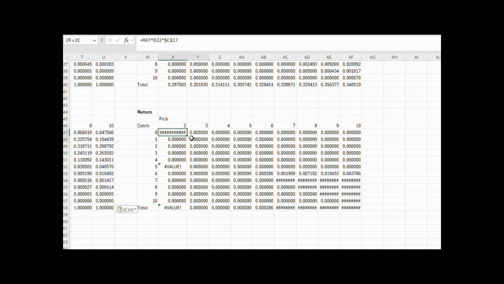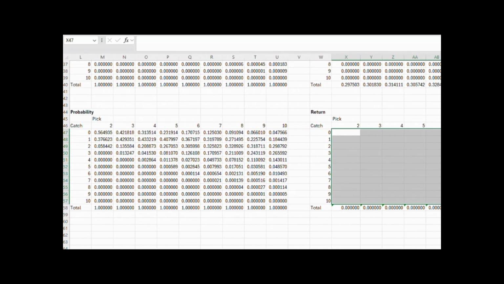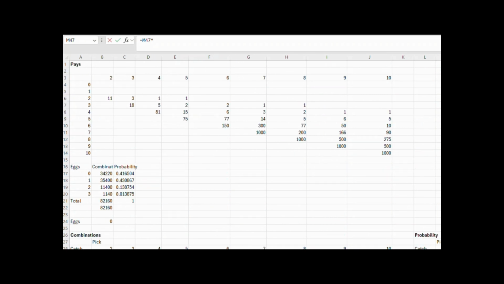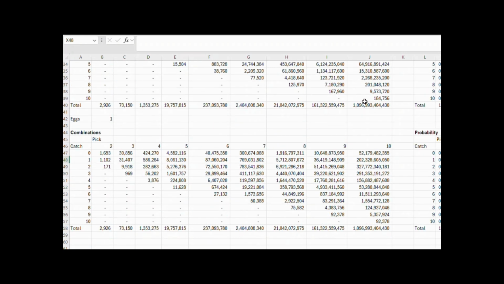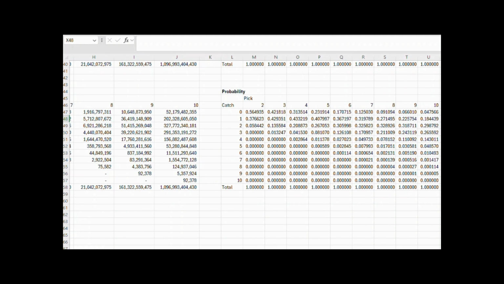Let's just blank this out. So the combination to the return is going to be the probability, in this case catching 0 out of 2, times the win for that, which we can get in the pay table, which is also 0. And then let's multiply by the probability of catching 1 egg in cell C18 over here. And I'm going to put dollars in here because I don't want that C18 to change when I copy and paste this. So let's go back to our return table